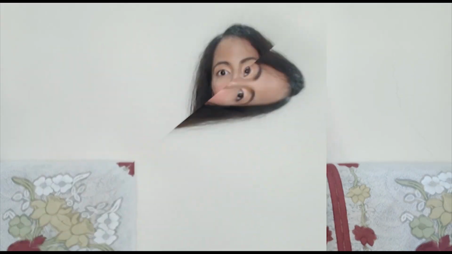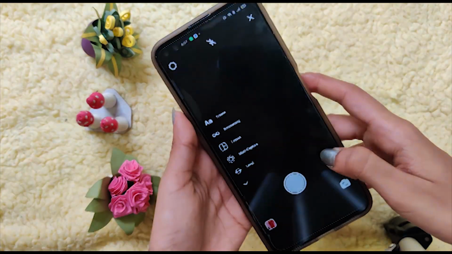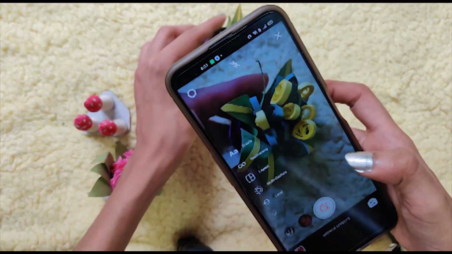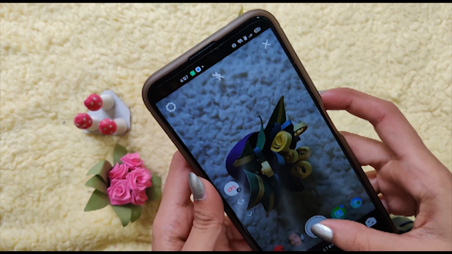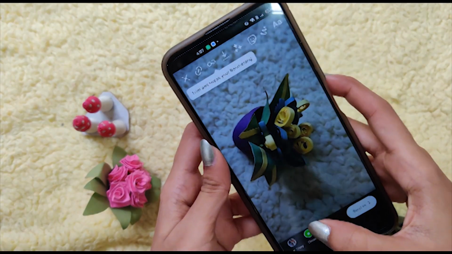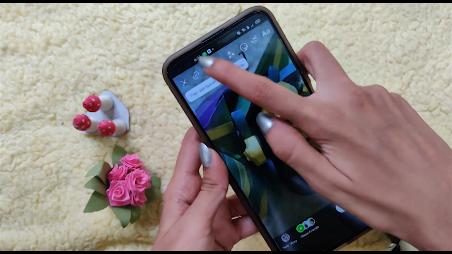So yeah. Now let's jump to the third hack. So this is a boomerang hack. बहुत लोग को नहीं पता है कि we can just edit a boomerang itself in the Instagram app. So you need to just shoot a boomerang. This is how I shoot my boomerang. Like I took this flower pot and I'm shooting it. So the first option is basic classic option. Everyone knows about it and mostly people are using that only.